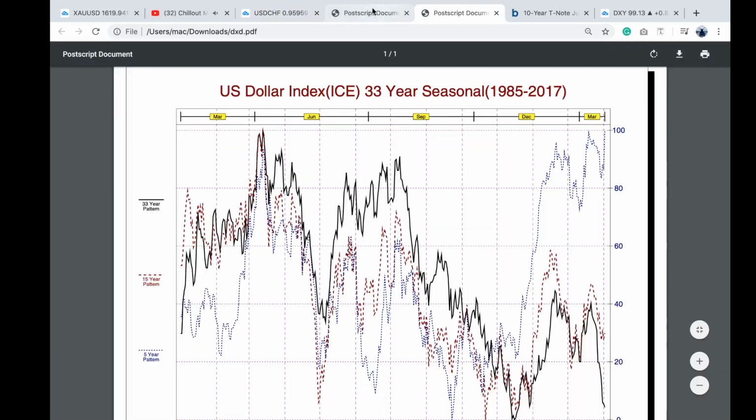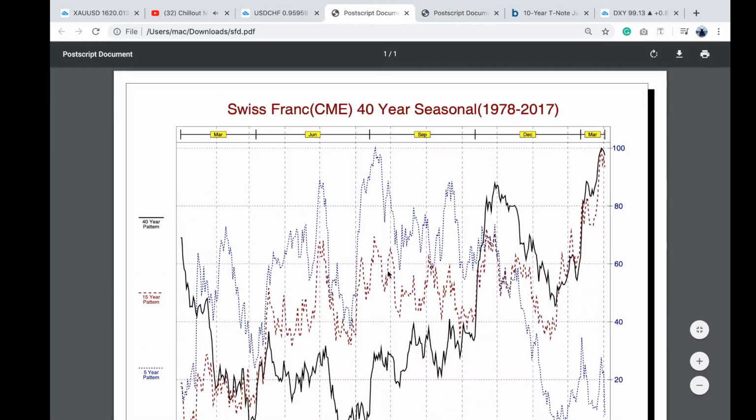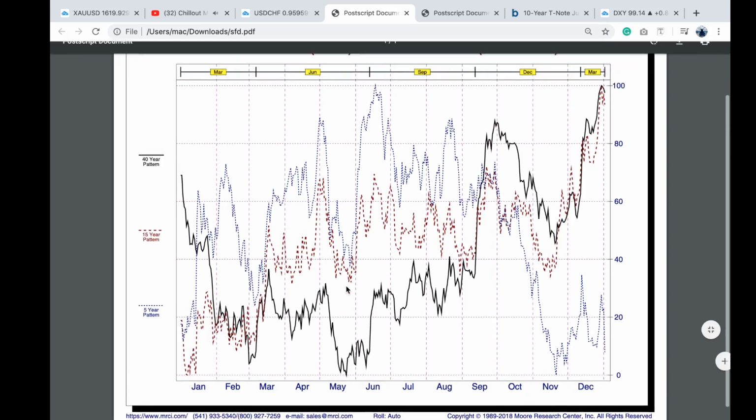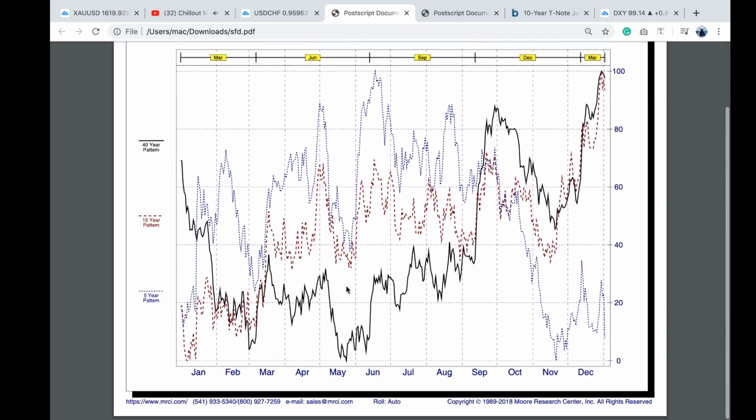So if we look at CHF around the month of May going into June, we can see, simply looking at the 40-year historical price data, indicated by the black line, the 15-year historical price data indicated by the red line, and also the 5-year price data indicated by the blue line, that around the month of May going into June, the CHF, which is the Swiss franc, is usually